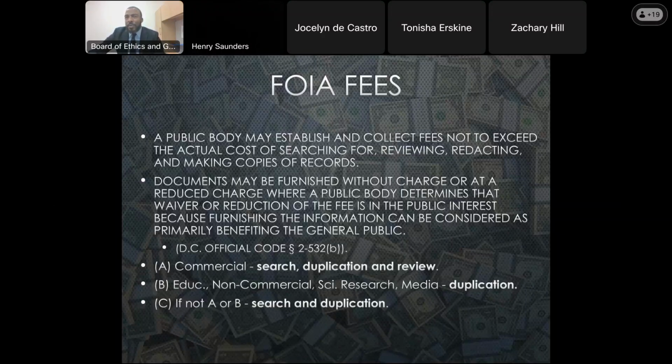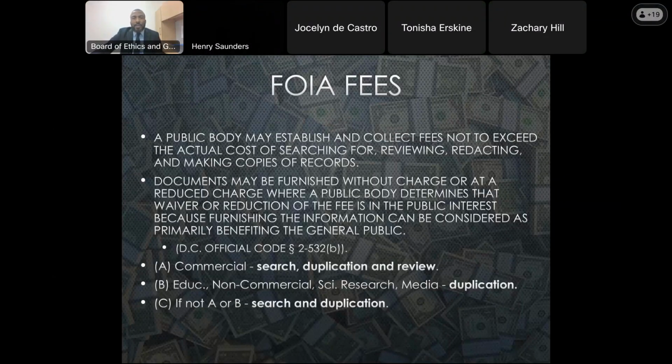And you're saying because it was anonymous that you would not know who to give the charge to for the redactions? We wouldn't know whether we could charge for the redactions, because if I'm reading this correctly, you can only charge for redactions if it falls into the commercial category, because redactions are document review. Whereas if it's not in the commercial category, you can only charge for searching and duplicating the documents.